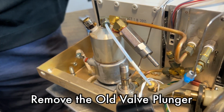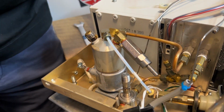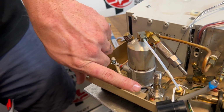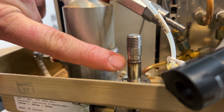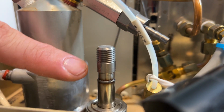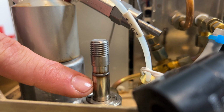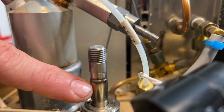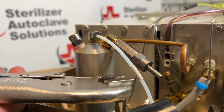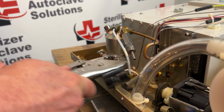That is a 3/8. There is a specific tool to take this off. However, most people do not have that, so we're going to use some straight jaw locking pliers. When you grab this, as you see, it is thick and then gets skinnier and then thick again. You do not want to grab on this bottom part. You only want to grab on the top. Reason being is this is hollow. If you grab down here, you can damage the stem, and at that point you have to replace the solenoid valve complete. So I'm going to grab on the top of this. Once it breaks free,